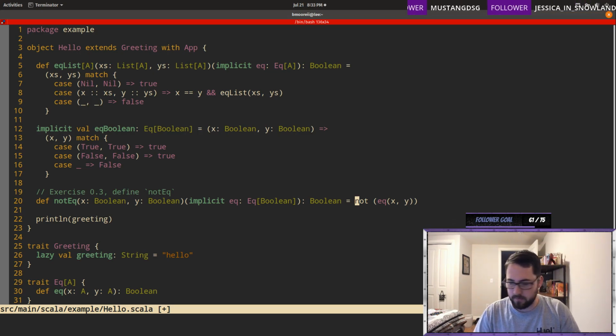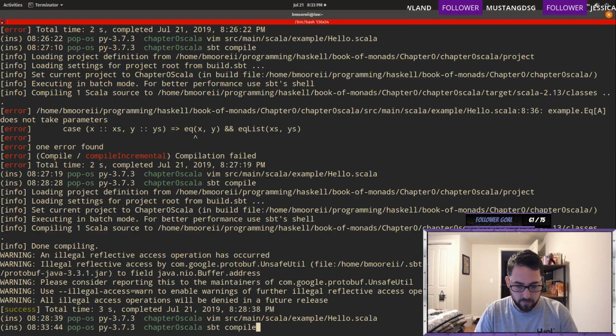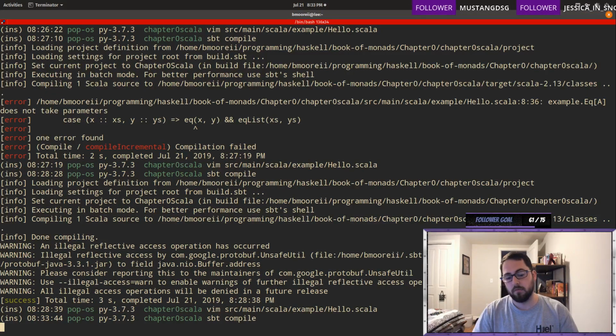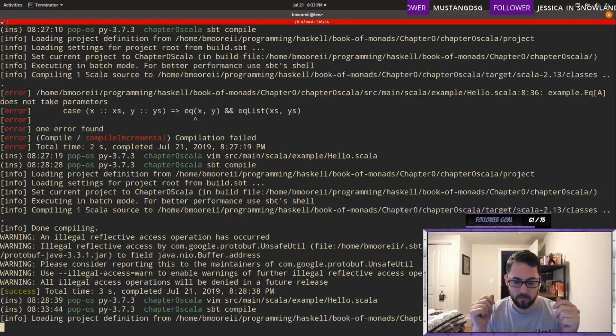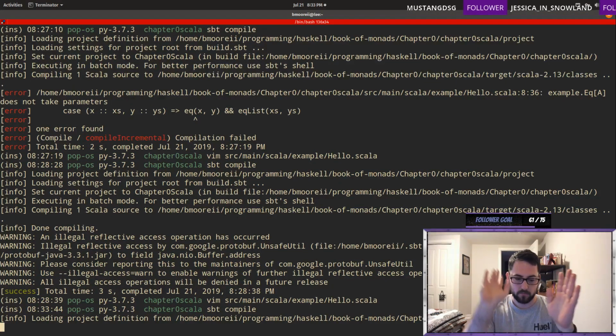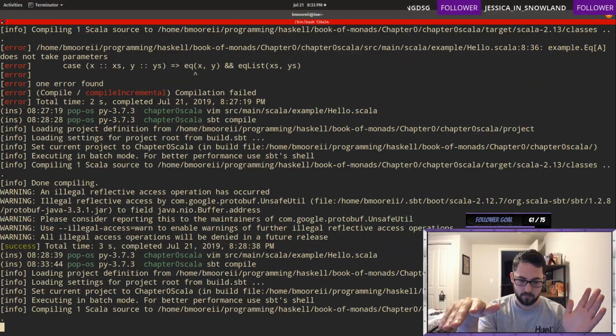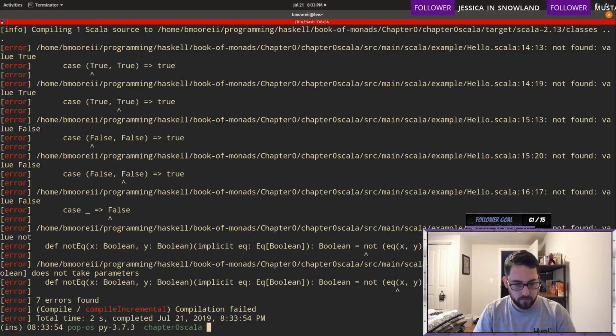I don't know. Let's see if it compiles. Do we need parentheses here, or can we do single line functions? I really don't know. This is hard for me to read. He shoots. He's wrong.